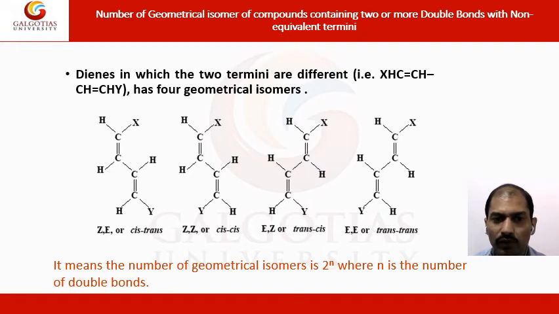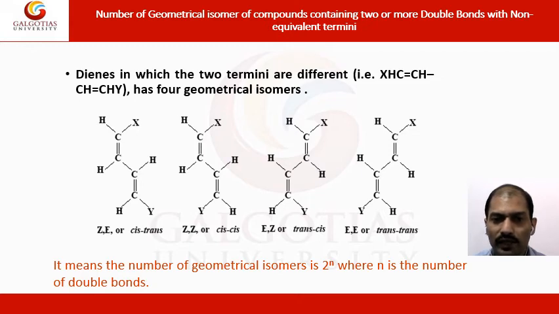So for this carbon, suppose this is the carbon, this is the one that will obviously have the highest atomic number, so it will be 1, this will be 2. So these are opposite to each other with respect to this double bond carbon. So this will be the E form. And for this carbon, if we see the hydrogens, the highest priority is on this side of the plane and this one is on this side, and the lowest priority is on the same side, so this is Z. Similarly, you can assign the nomenclature here also.